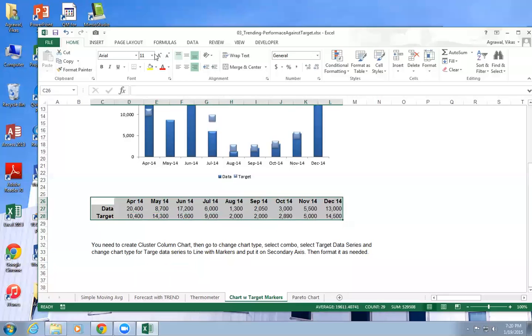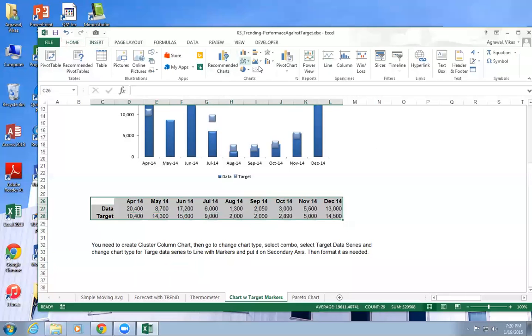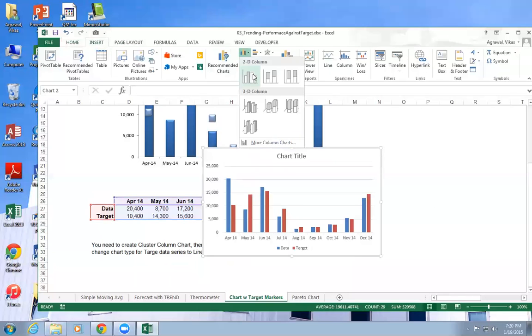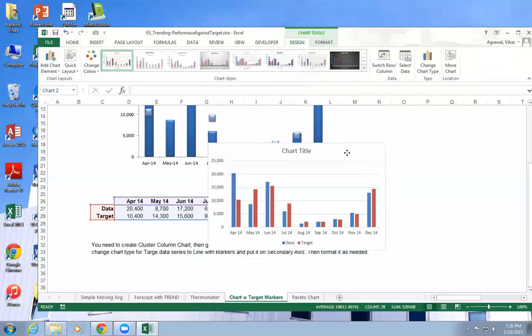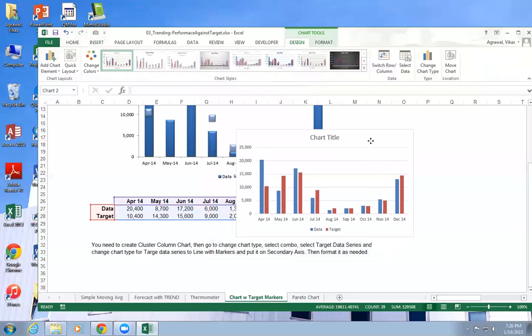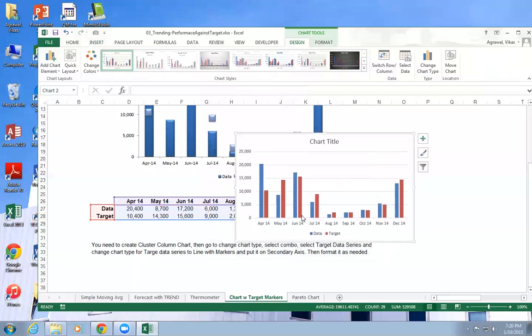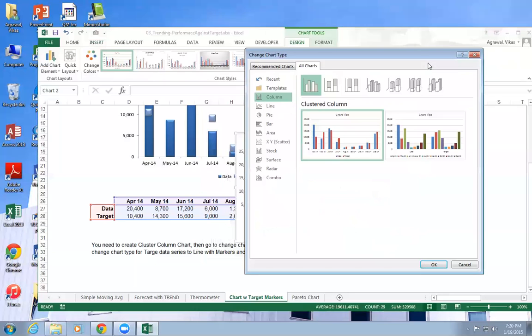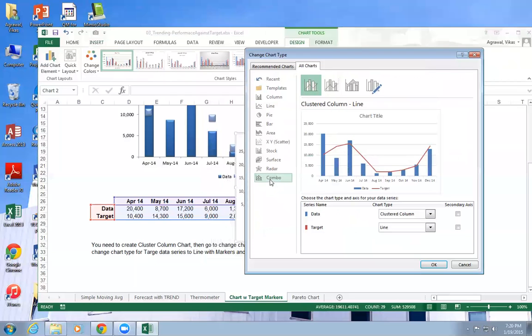All right. Go to insert. The first thing I would do is plot the simple chart. Right? Let's do that. Now I'm going to play with this chart here. What I'm going to do here is select the target. So I will go to change chart type here, right? Go to combo here.